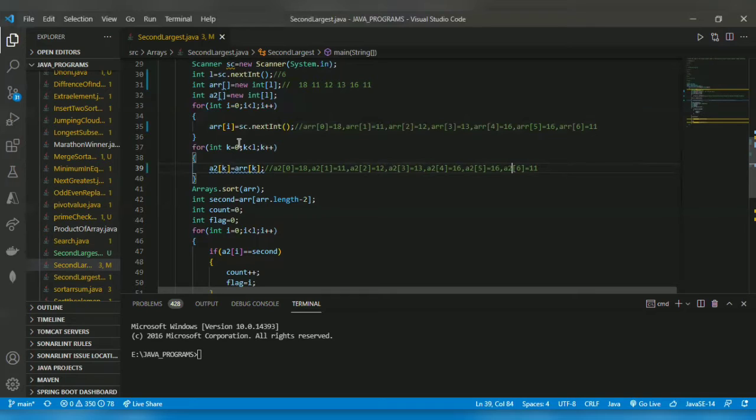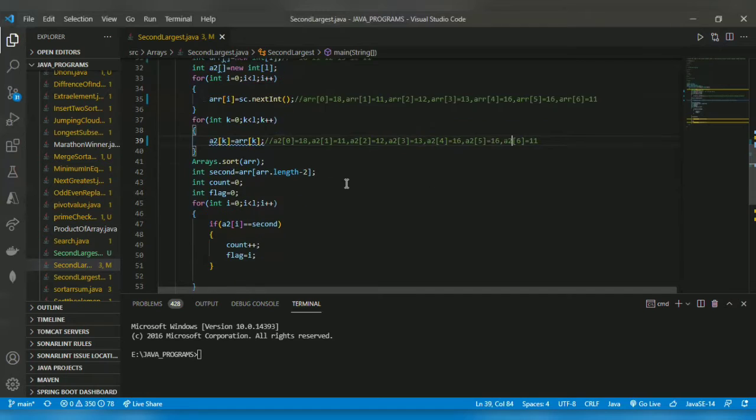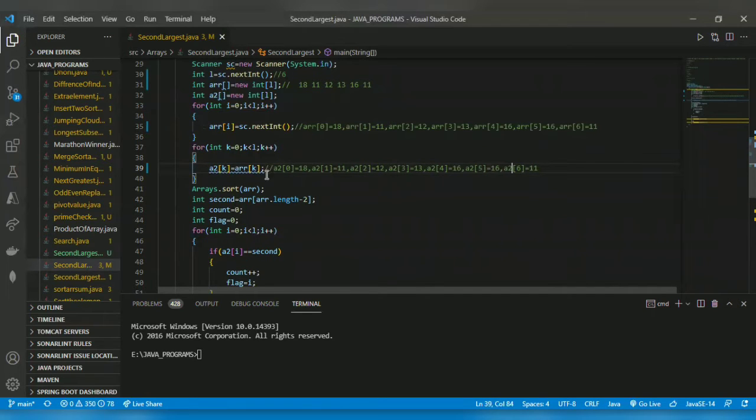After that, k will get incremented to 1. So a2[1] equals arr[1], which is 11. a2[2] equals arr[2]. a2[3] equals arr[3]. a2[4] equals arr[4]. a2[5] equals arr[5]. a2[6] equals arr[6]. Likewise, the elements will get stored in the duplicate array.